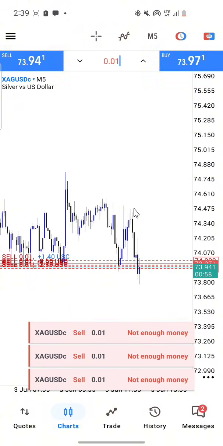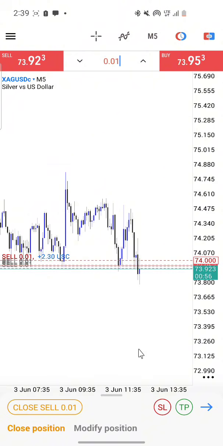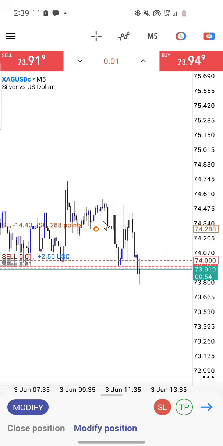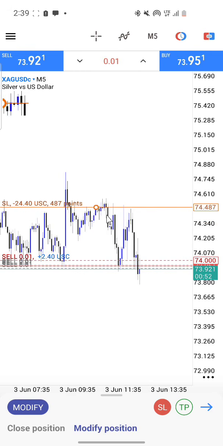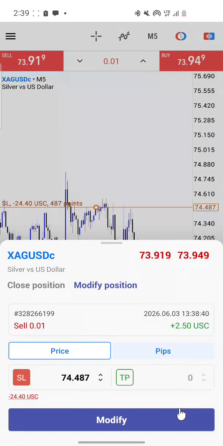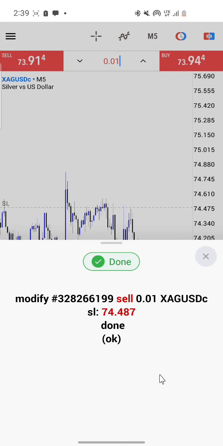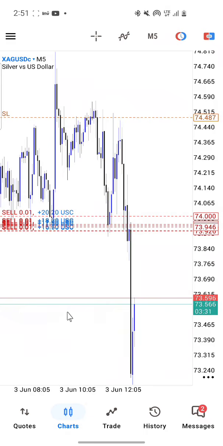Now, silver is actually very volatile, more volatile than gold, because it is less traded. It has more liquidity in it, and it is less traded than gold. But anyways, the trade went well, as you can see right about now.